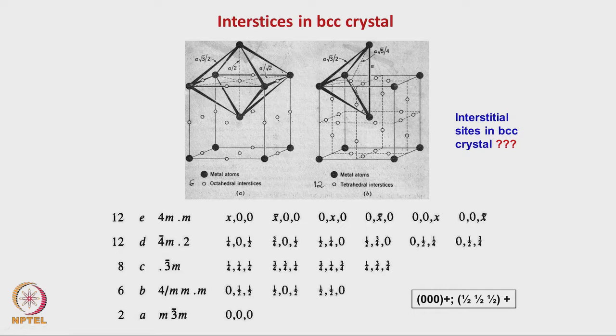Is it clear? So, this is how finally the symmetry determines. First we take an atom and we know that these are all the positions which are available in the unit cell where we can place it. Then it will occupy those points which has got the highest symmetry. Once that is completed, the next atom will go to a position of the available special positions which has got the lowest symmetry. It will go to that position. That is how the lattice is generated. That is how the crystals are generated, by placing atoms at different positions.